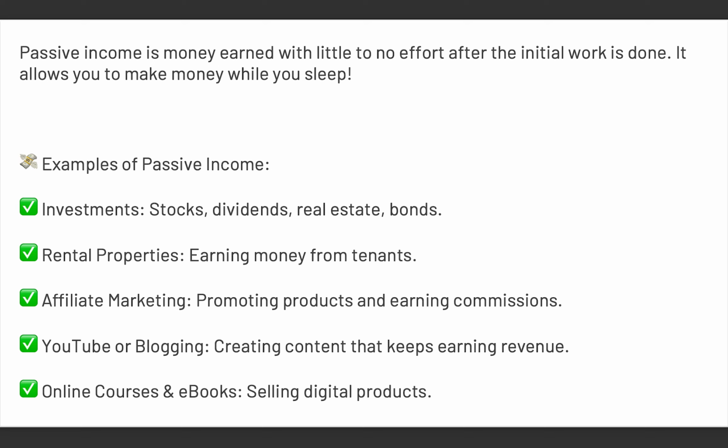Now, the next one will be online courses and ebooks. This means selling digital products. So this is another fantastic way you can make money with passive income. This means that you just create your digital product once and you sell it multiple times to make money. So let's say, for example, you create an ebook. An ebook is just something you can make with your phone. Just type whatever you want to type and sell it to people. And when you create it once, you can sell it to millions of people and you can make so much money from that. So you don't need to create the digital product all over again. You just need to create it once, and that is the minimal effort you've put in, and the rest is for you to start making money.